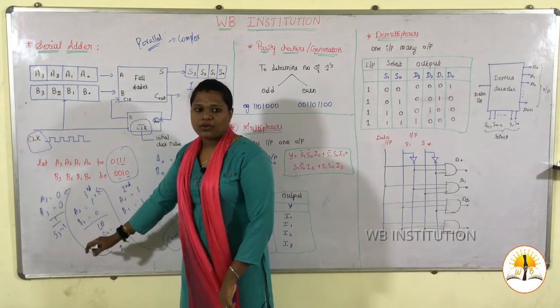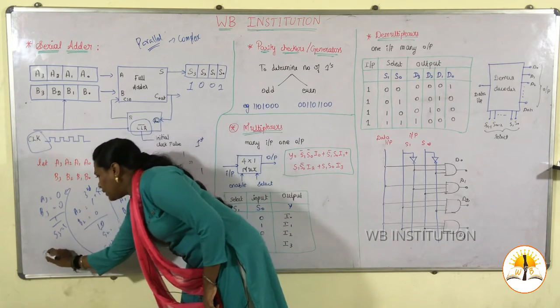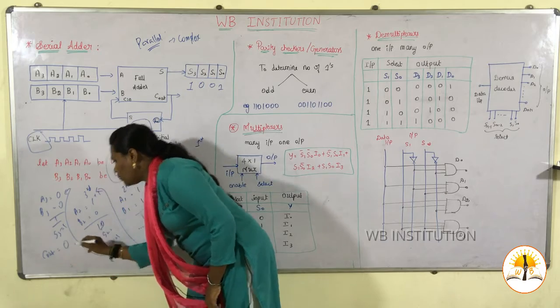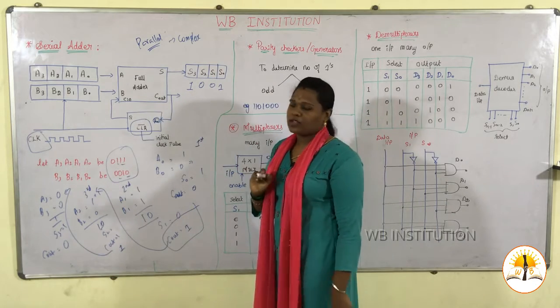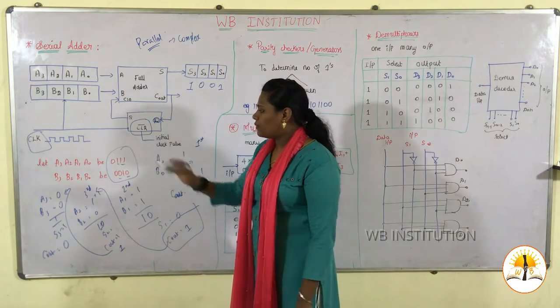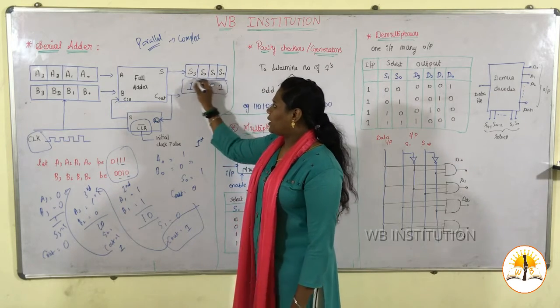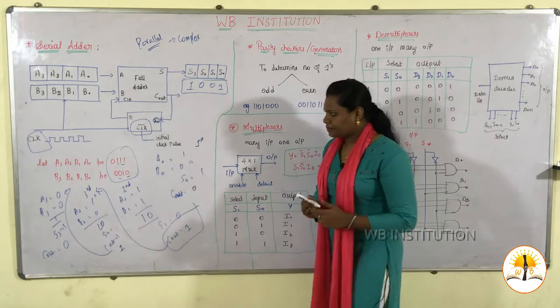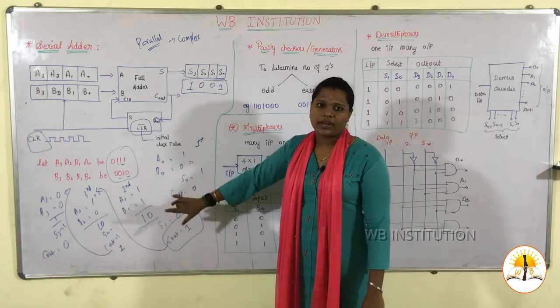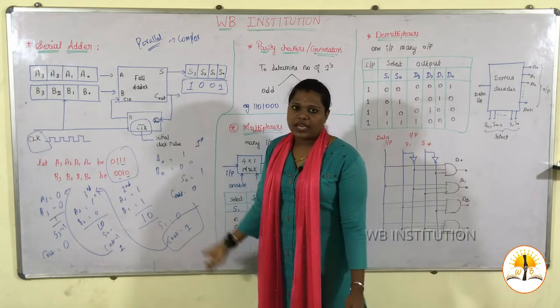Do you have any carry out over here? No. So finally the C out is 0, and you got the sum of 101. So adding of this one will give you what? 1001. This will be your final output. So what we have done, check. We took 3 registers. Just take any examples, okay.